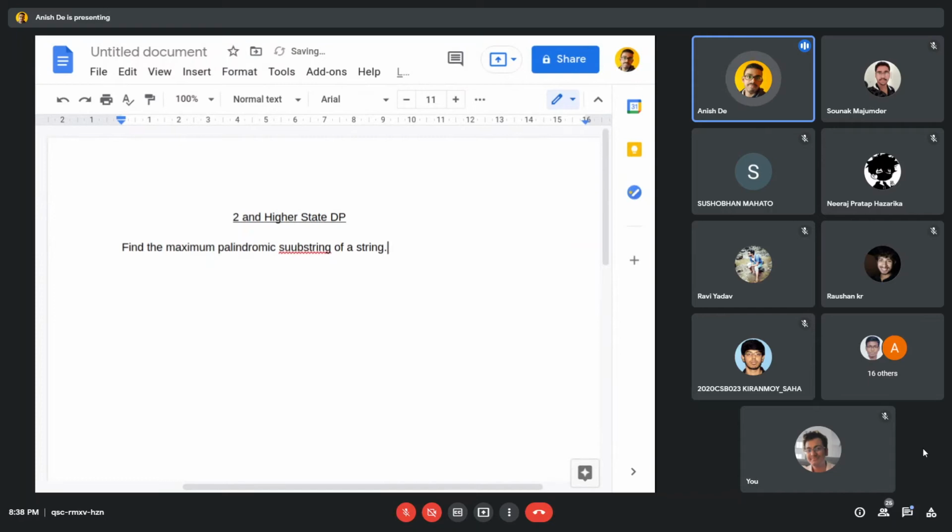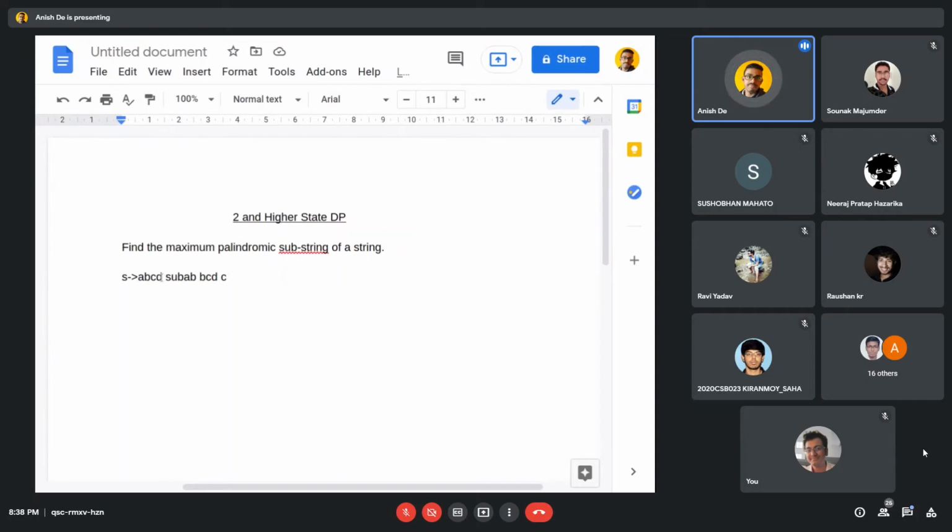Is there anyone who doesn't know? I guess everyone knows. Still, I am saying it once. A substring is a string which can be obtained by taking some continuous number of elements from a string. For example, if the string is ABCD, then the substring can be AB or BCD or only C. So you have to find the maximum palindromic substring of this string.